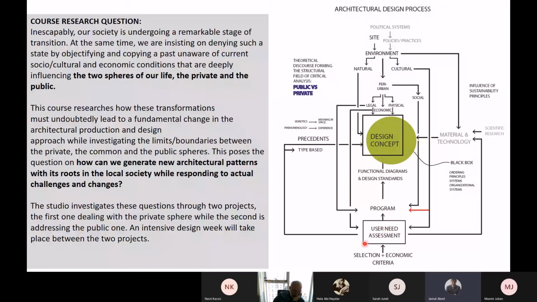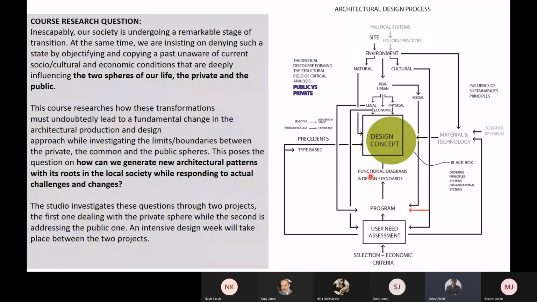Noting that the economic situation was an important factor also in that, which meant also that we added the financial understanding and the impact of the financial or the economy on the program to play also a role in the formulation of the program as such. So selection and economic criteria of the users and what happens to them has also taken a part in the design process of the semester. So they've learned also to do that, ending with a set of functional diagrams and design standards that need to be incorporated with the design concept.